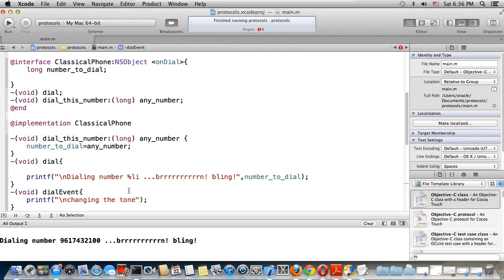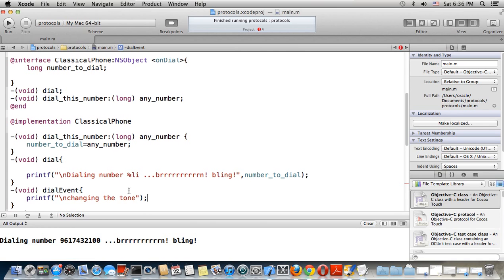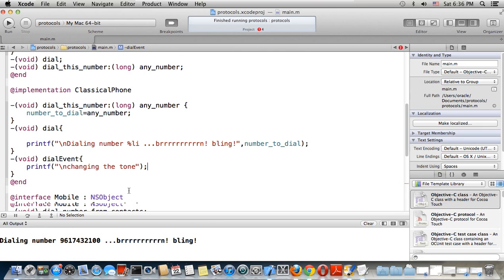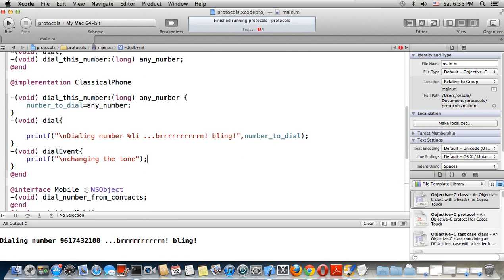Here it's just changing the tone, while if I made the mobile use the same definition,